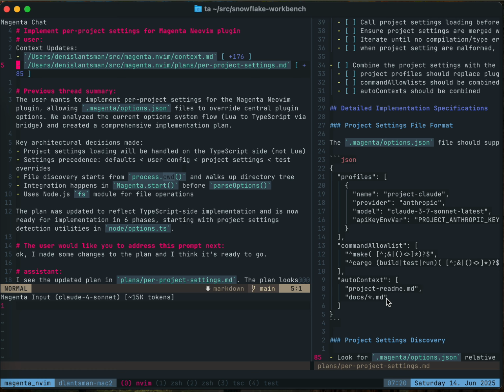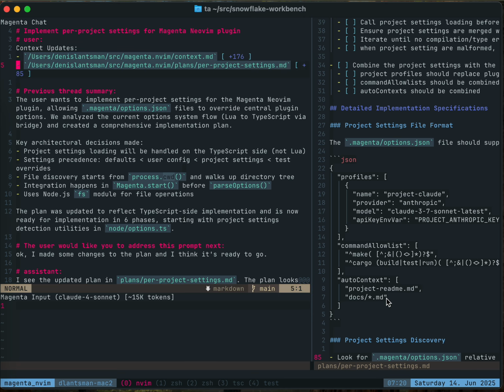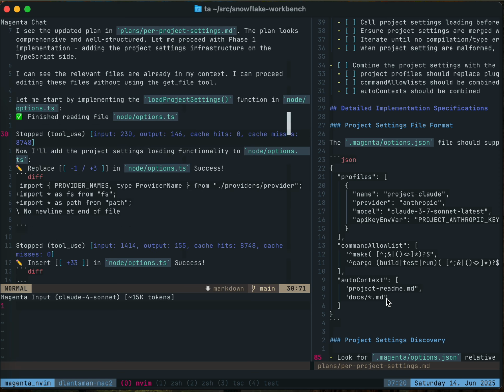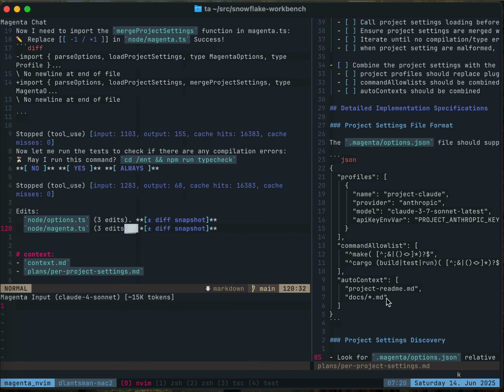All right, so when the thread is compacted, it allows the agent to specify which files should be included in the new thread. So we got the context file and the per project settings file here, and we got the summary of the previous thread and the message. Okay, so it's going to load project settings. It's loaded the options.ts file. It's making changes to that file,